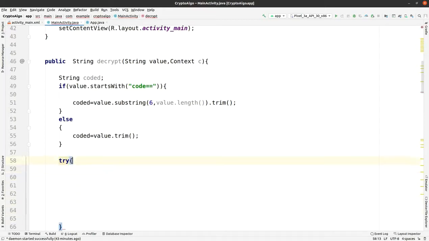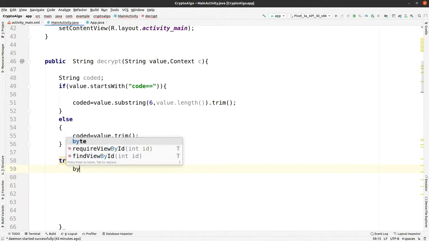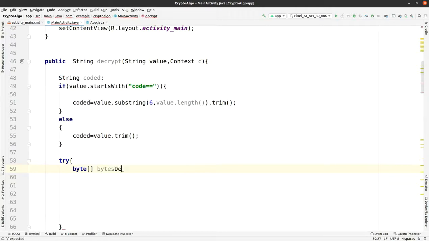Okay, then again the same thing, we are using the reverse engineering method for decrypting the encrypted text, as we have done in the encrypt function.